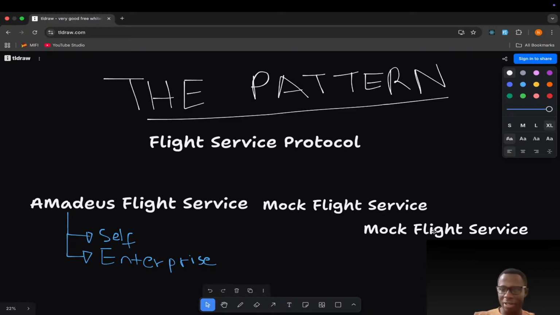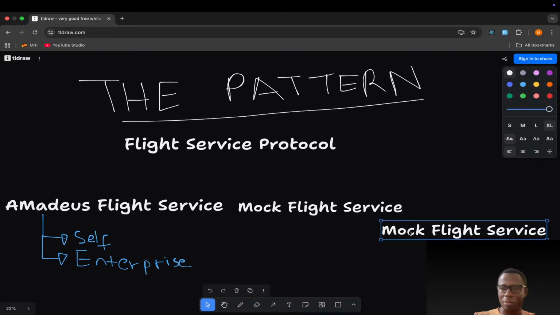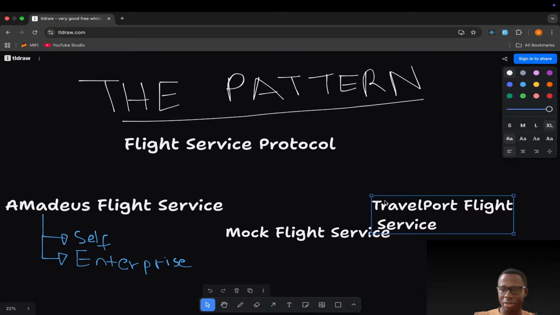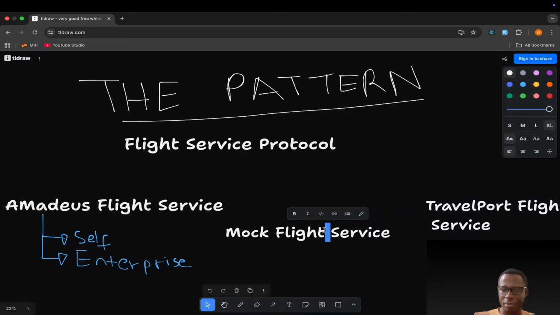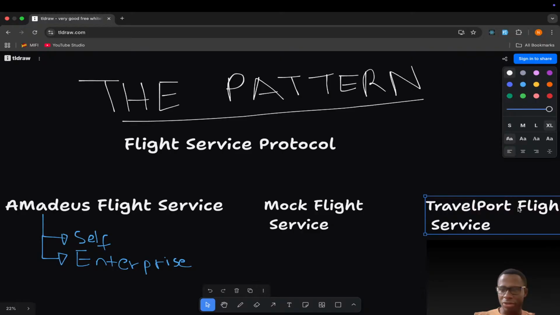This could be probably something like Travelport. Let me put this one down, drag here, and say maybe Travelport. It could be Travelport or any other company, and I'll be sharing that company with you very soon. So I'll just put this here, put the word service on the next line. So now